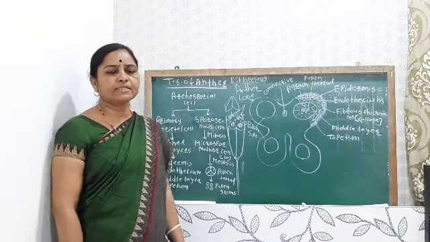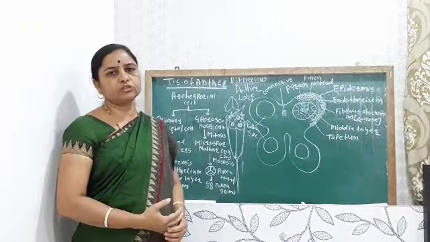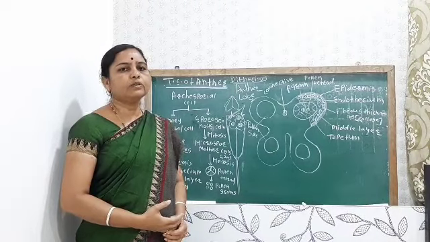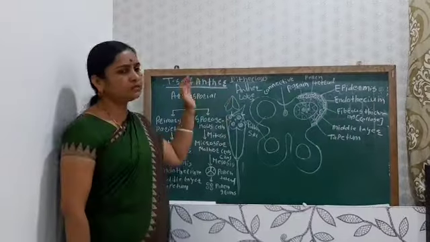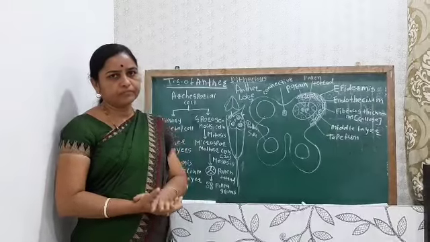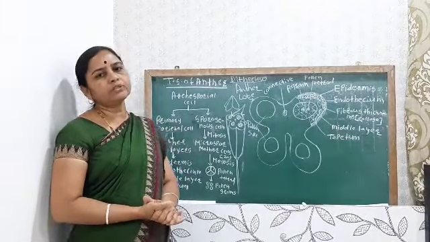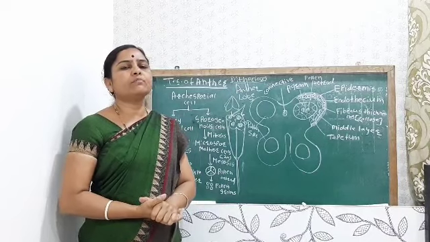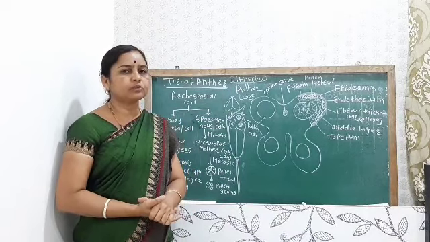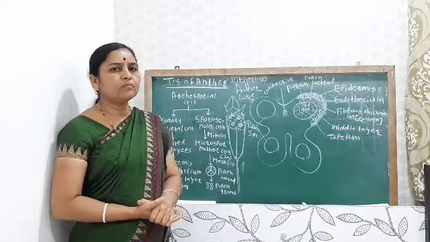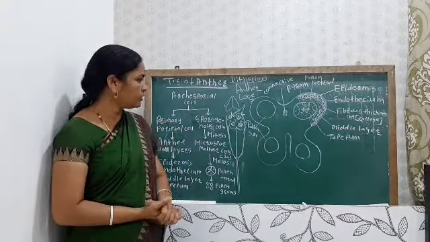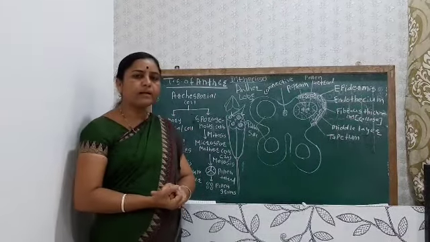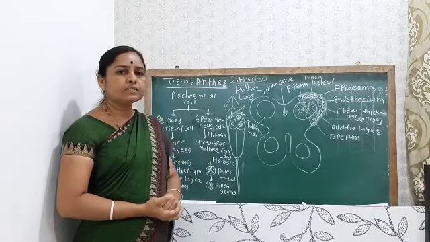Students, in the last lecture we saw the structure of the flower. Today we will see the structure of the anther. In the flower, we saw there are two essential whorls: one is the androecium and the other is the gynoecium. Today we look at the male reproductive part of the flower, which is known as the androecium, and the androecium is made up of the stamen.